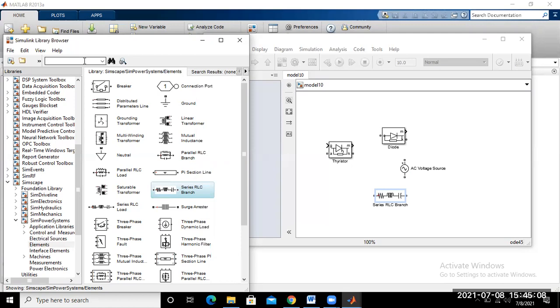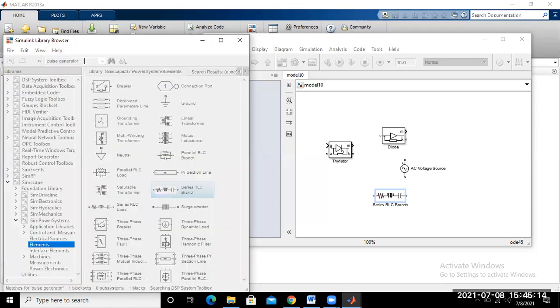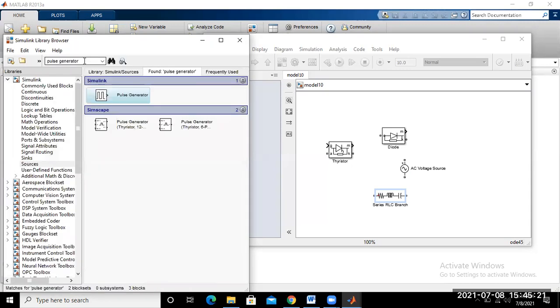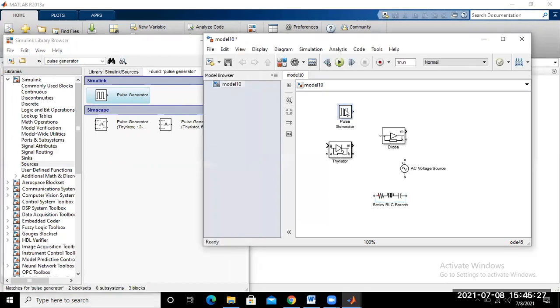So if you type pulse generator here and enter, directly you may get that block. So the pulse generator is here. Now drag this pulse generator into the workspace.